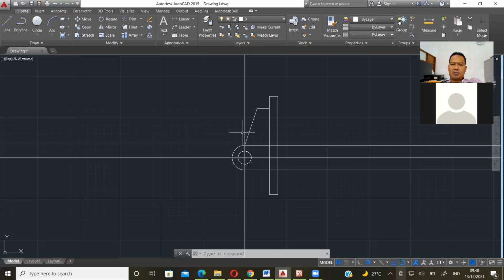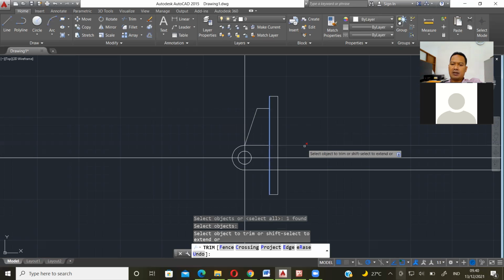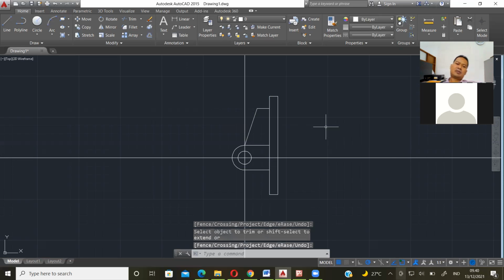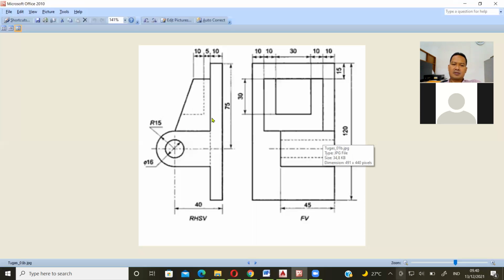Repeat command, just enter. This is the limiting line. After this, you can right click and then click this one. This one. Okay. Almost finished. And then okay, for the another